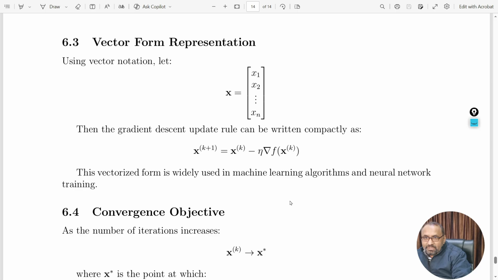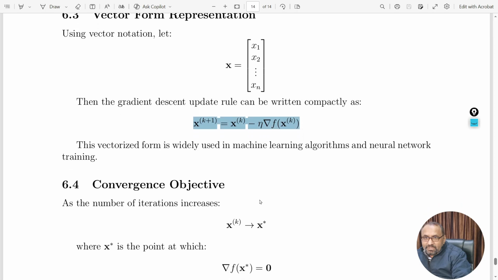So from the above discussion we come to this expression, and when you implement this, all the parameters are always in the form of a vector. Okay, so vector representation is very important here to discuss, and by using this one we can find out the